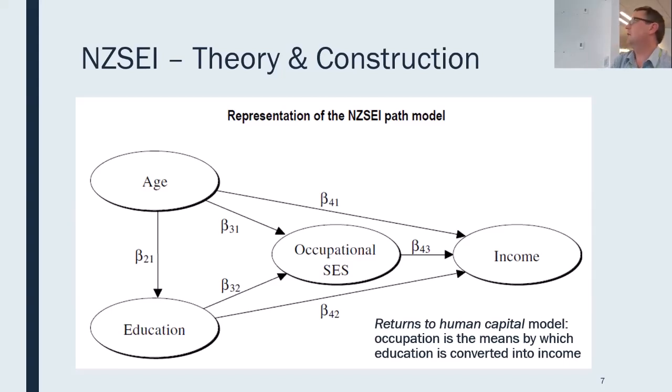Okay, so this is a path diagram here that suggests occupation is a function of education and age. Income is a function of age, occupation, and education. What the NZSEI does is assume that that B42 path is 0. It's not 0, but it assumes it so that the path from education to occupation to income is purely through occupation. So by not knowing what the occupation score is for each occupation, having a guess at them and varying them around, we can come up with the optimal weighting of education and income to get an occupational score, minimizing sums of squares on the B32 path and the B43 path, essentially.